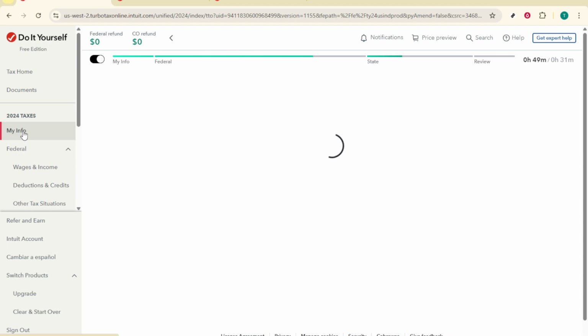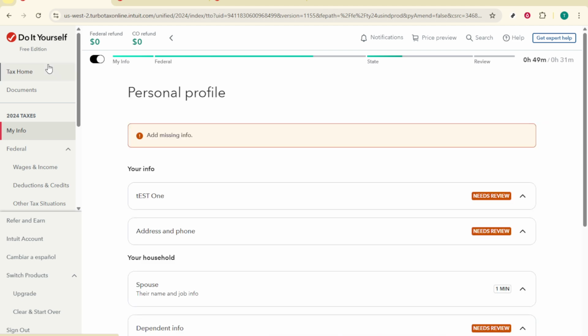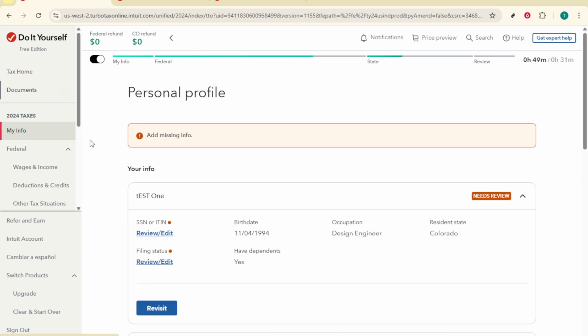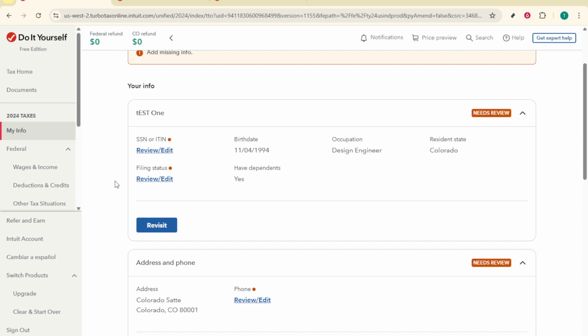First, sign in to the Intuit Account Manager using your current TurboTax credentials. If you're already signed into TurboTax, the quickest way is to look for your profile icon or the gear-shaped settings icon. Select that, then choose Manage Your Intuit Account. This will open the Intuit Account Manager in a new browser window, so don't worry, your TurboTax work stays open